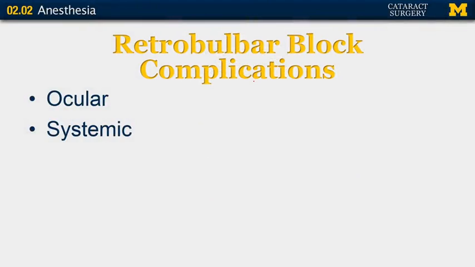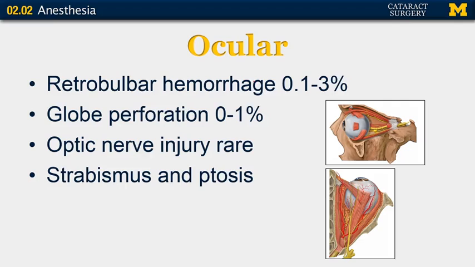Retrobulbar block complications are rare but can be quite serious. They're divided into ocular and systemic. The ocular complications include retrobulbar hemorrhage. As you can see, if any of the blood vessels in the intraconal space are sheared, it can cause a hemorrhage. Globe perforation, especially in those with long axial length or staphyloma, optic nerve injury, which is rare, and strabismus